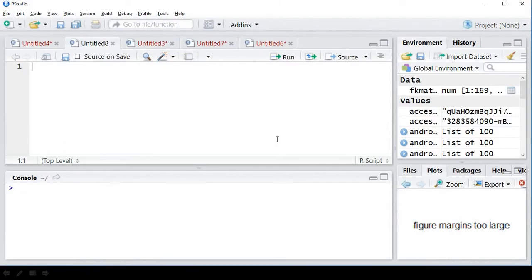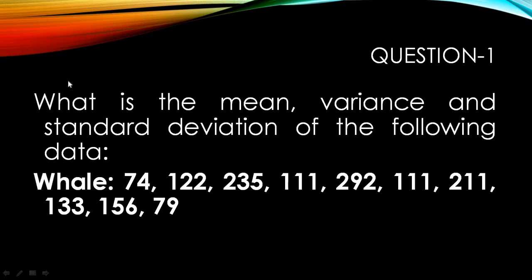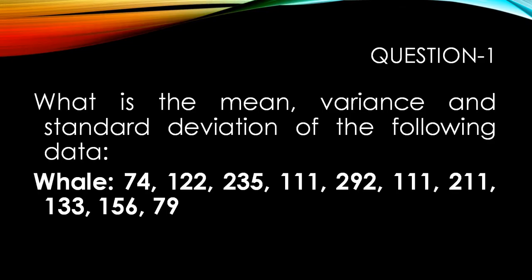Okay, this is my software. Now let us solve the problem. I have to create a variable called val. Okay, just I'll say val equals to c. Just let us take the values. Okay, my values are 74, 122, 235. Let us type them. 74, comma 122, then 235,